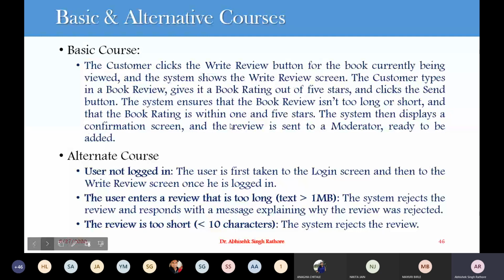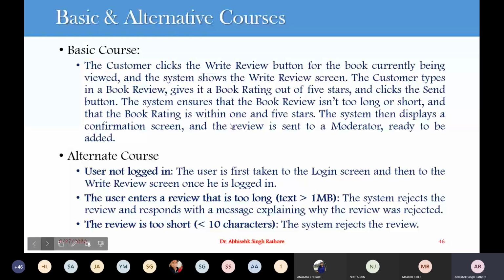So let's say we want to write a review for a book. So basic course might be just like a flow of events. I will write this basic course just as a flow of events. The customer clicks on the write review button on the book that he is currently viewing. Then the system shows the write review screen.